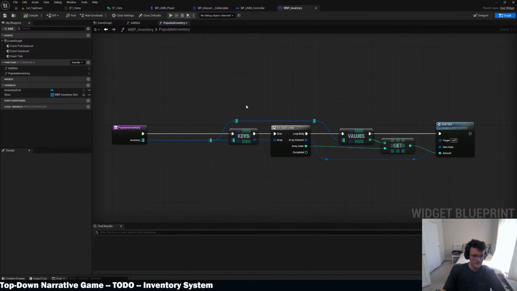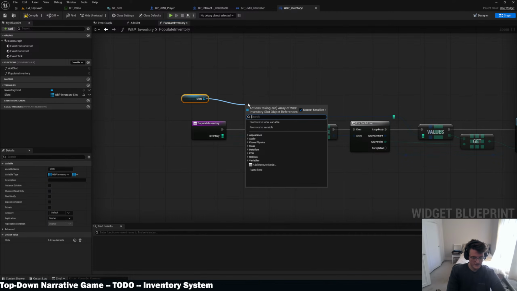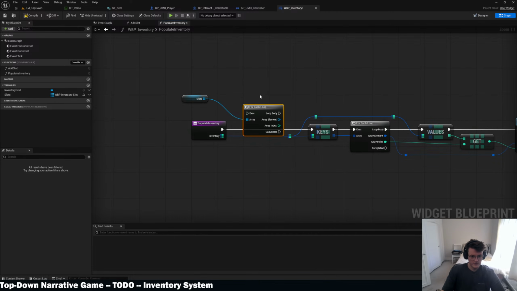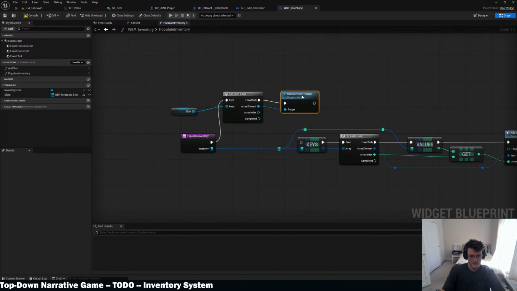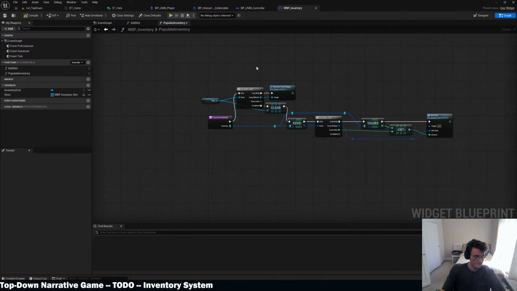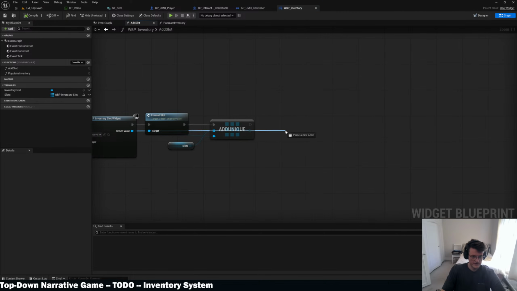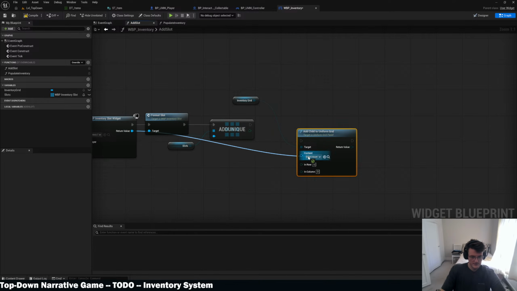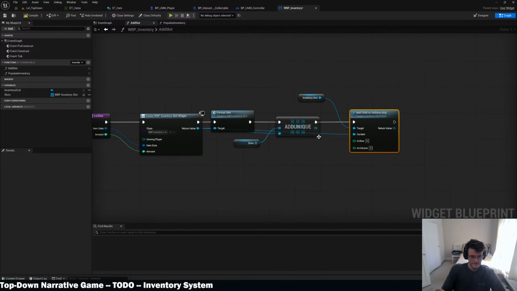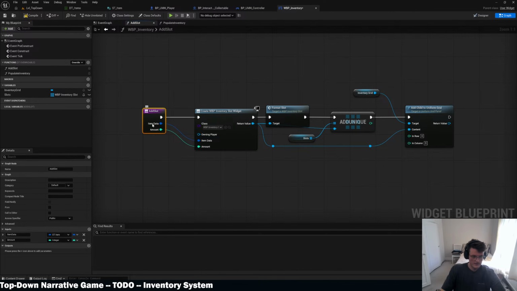At the beginning of populate inventory, we will get our slots, and for each loop, remove from parent, and then clear, and carry on. And I'll add slot. This also then needs to be added to the grid. Add child to uniform grid. This row column add slot